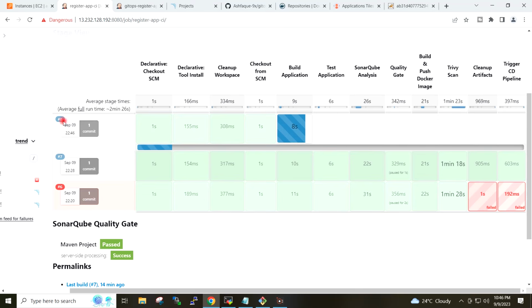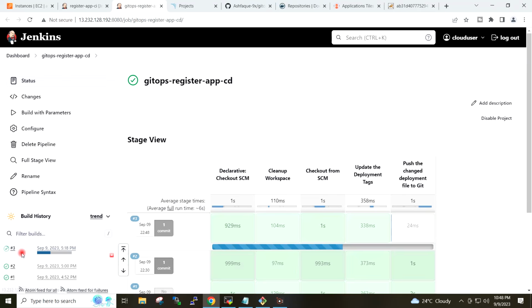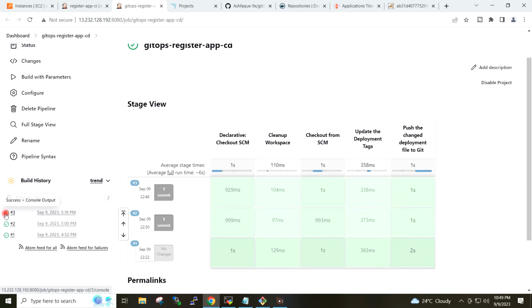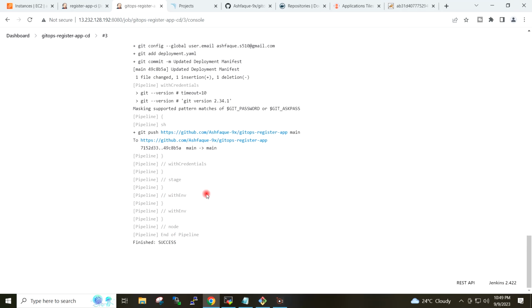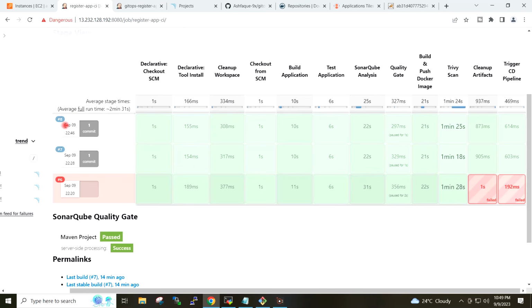Note one thing here, this is our build number 8. So CI job completed. If I go to CD job, it has also triggered automatically upon the completion of CI job. So CD job completed successfully, and our build number was 8.